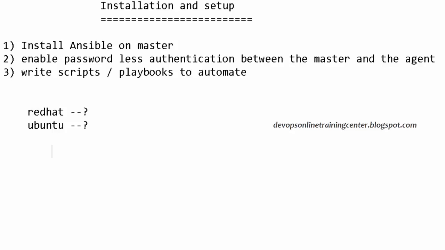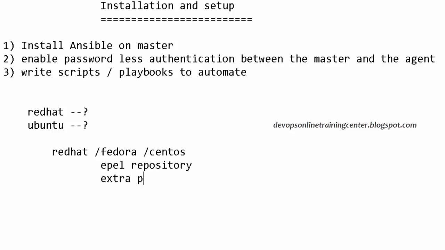So it's like giving the information that from this site you have to download the RPMs or dpkg packages, right? So to install Ansible as well, we need to have the Ansible repository configured on the machine, right? So for Red Hat, Fedora, CentOS and all, we have something called the EPEL repository, right?